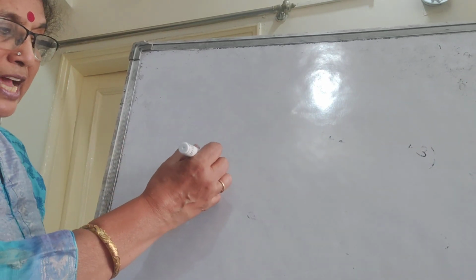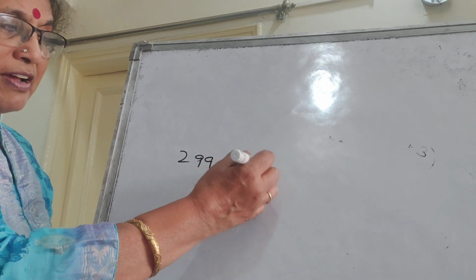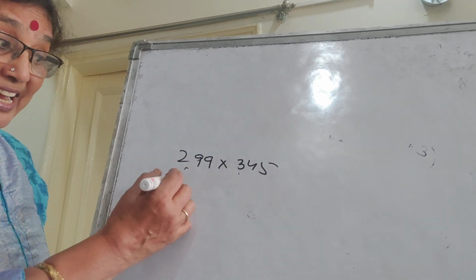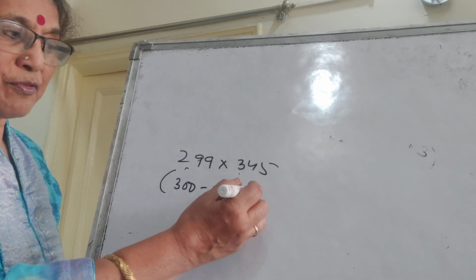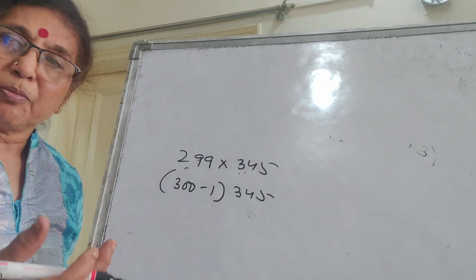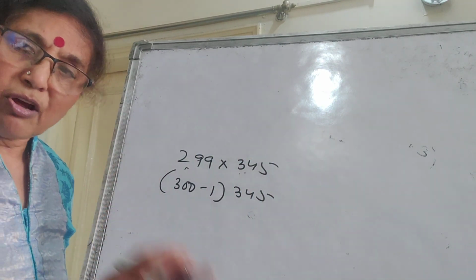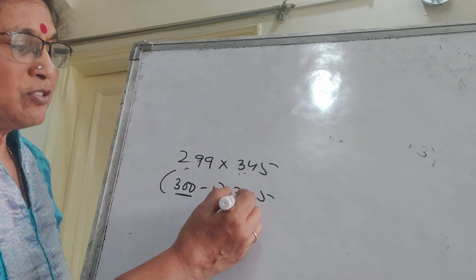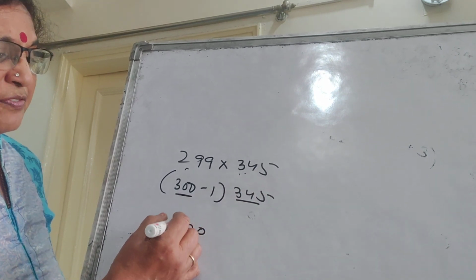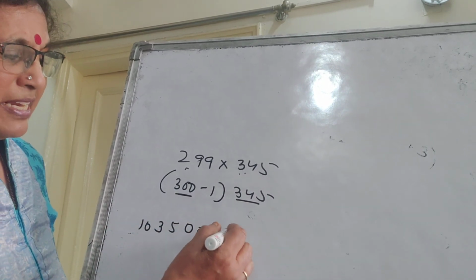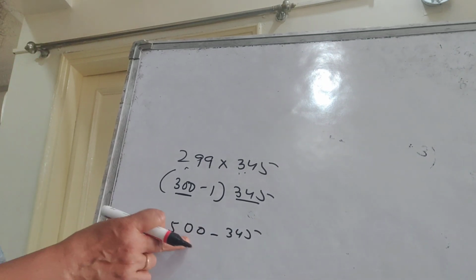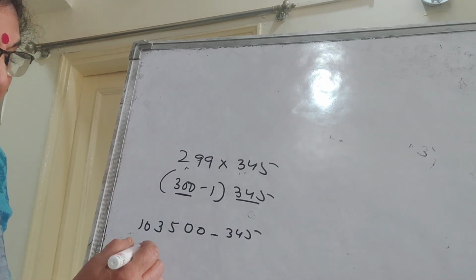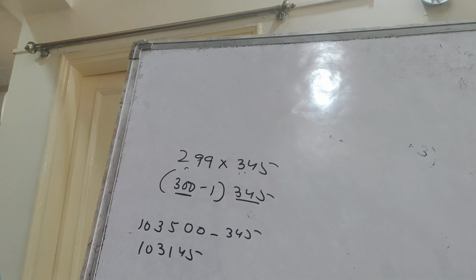So if I have 299 into some number, 345 or something. Instead of writing this as 300 plus 45, it is 300 minus 1 into 345. 300 plus 45 will become long because 45 times that will take time. It's better to do long multiplication. But this is 1 less, or 98, 2 less, or 3 times. So multiplying with 100 is always easy. Put 2 zeros, 3 5s are 15, 13 carry 1, 10 and minus 345. And you should know 100 minus 45 is 55. Okay. So here 300, so 200, so 145. Sorry, 55.